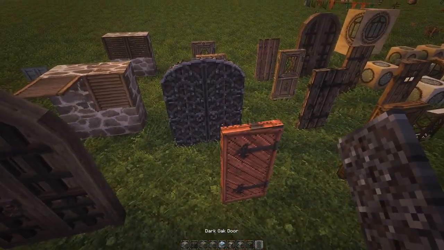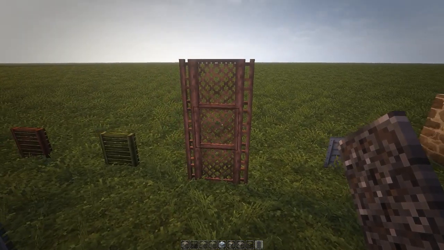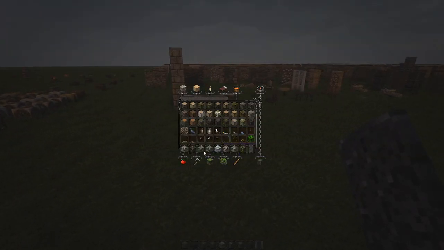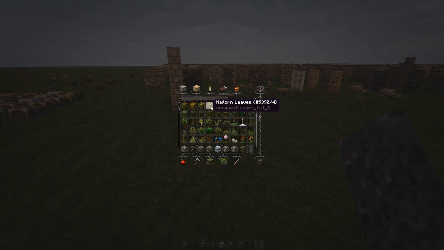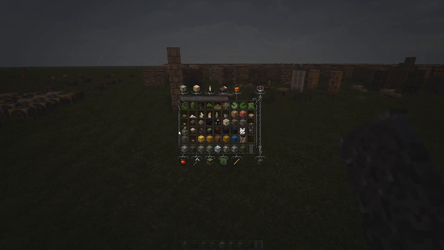This is the dark oak door. That's really cool. Different shutters, like a lattice thing, more shutters, fences. It's just, there's so many options. I haven't even really been through this. Like, you get owls, hawks, ravens, seagulls, and what's all this stuff? Just all the different leaves. So many different plants and